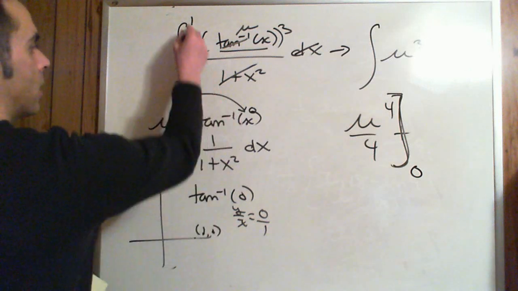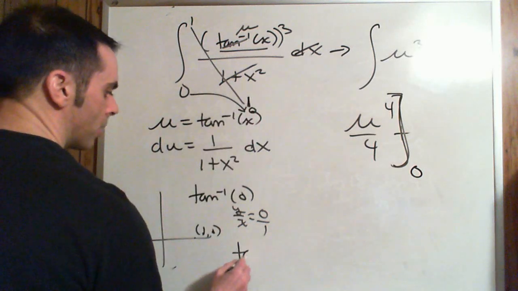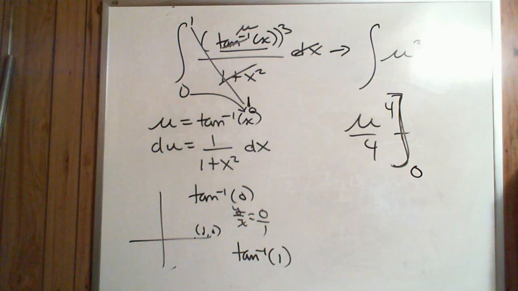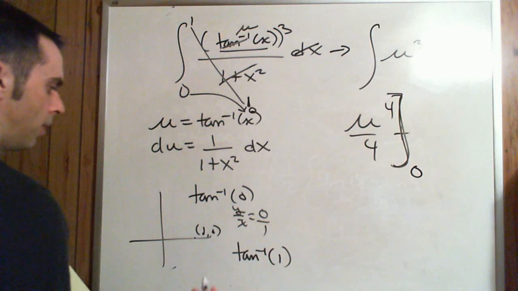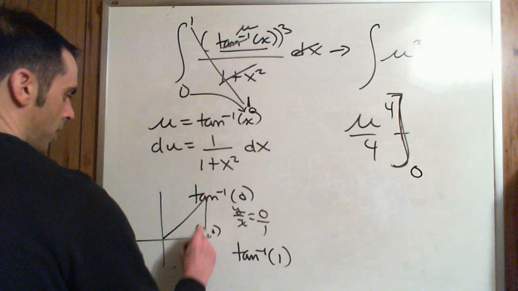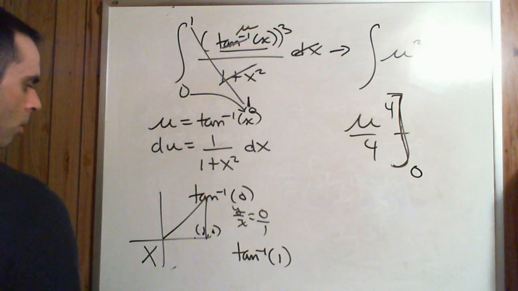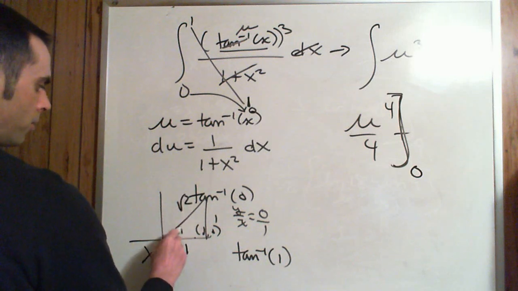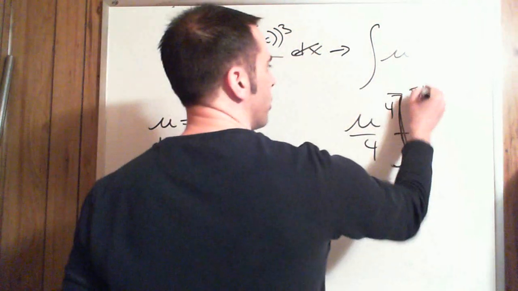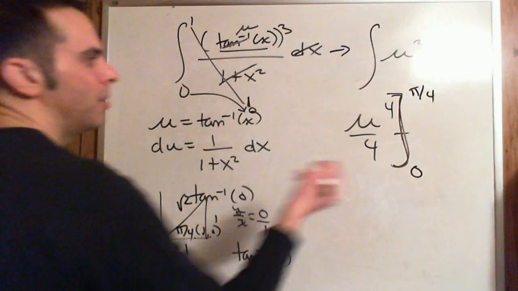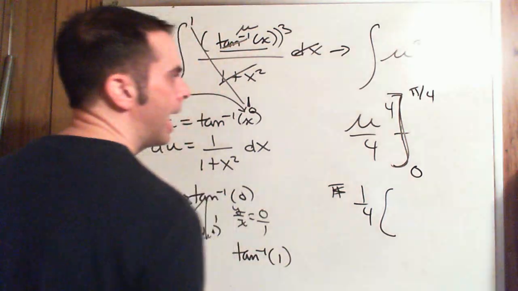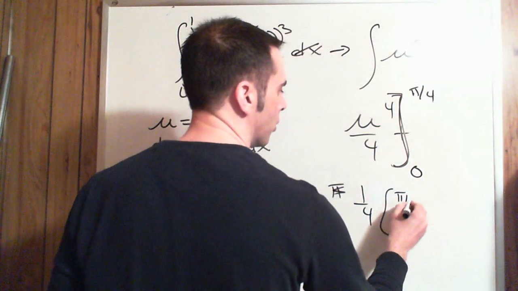Now, when x is 1, what angle has a value of 1? That is a tangent value of 1. So tangent inverse of 1 means to find the angle where the tangent value is 1. Tangent is positive here, but nothing is in that quadrant for the inverse function. 1, 1, root 2. Our reference angle is pi over 4, so we should know that that is pi over 4. So then we put in pi, you can factor out the 1/4 and put in the pi over 4